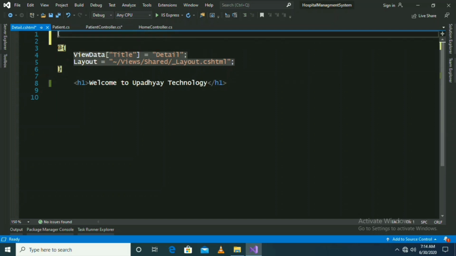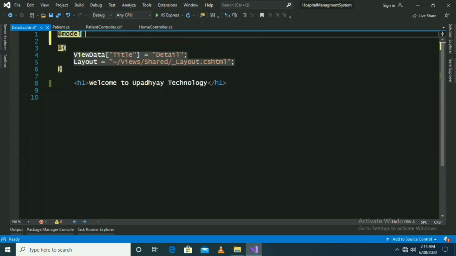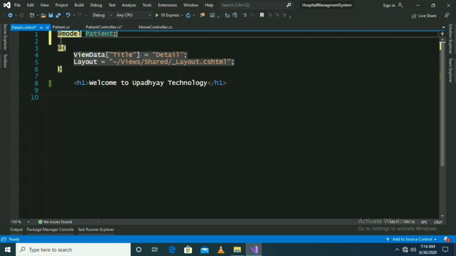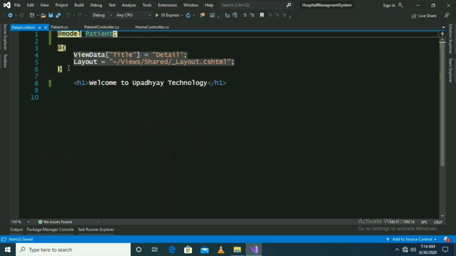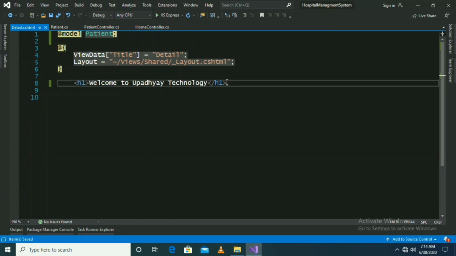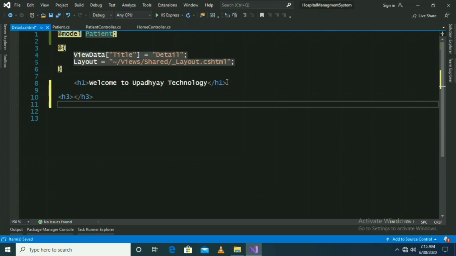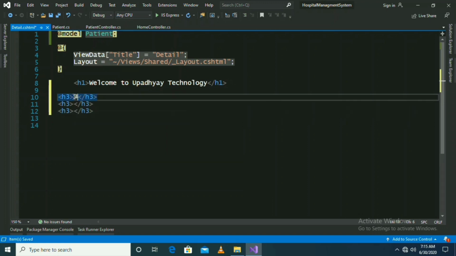So the view must know which type of data is coming in the view from the controller. So we mention @model Patient, which indicates that Patient type of data comes in this view. Since we get model data, which contains certain information like ID, name, and disease name, I want to populate that data in our view.